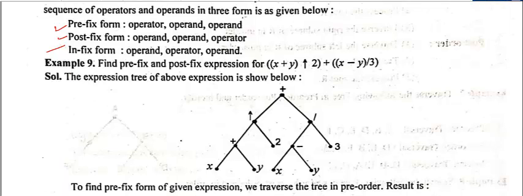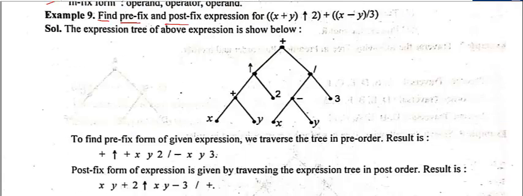So first, find the prefix and the postfix expression. You have to write two expressions. This is the example. So first, you know that this is the expression. You will write down the binary tree first. Okay. So these are the two brackets. In between, you will put plus, no doubt about that. Then you have the left side. In the left hand side, this is one operand, this is another operand. So one is x plus y. When you have x plus y, plus is between them. Now you have a power, 2 is the power. So left is x plus y, power is 2.